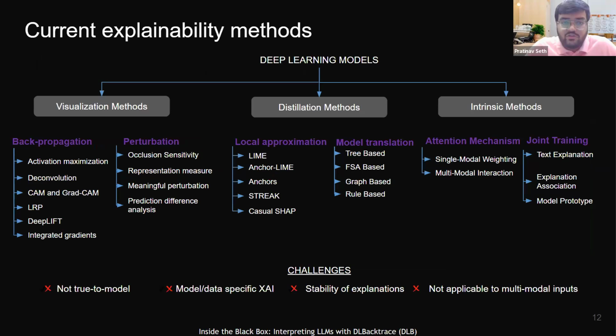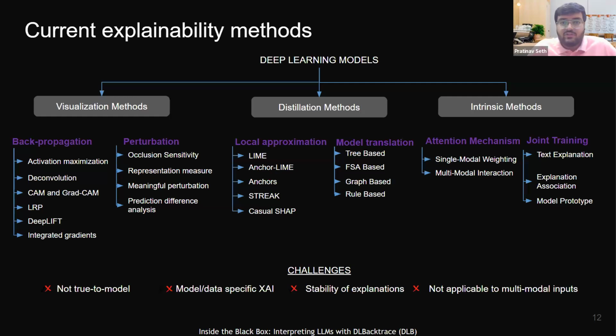You have visualization methods, and you have perturbation methods, which are quite popular in the domain, where people work around different perturbations or try to trick the model to understand how the model is working. You have approximation methods called LIME and SHAP, which are quite popular and are basically surrogate modeling. You have tree-based methods, which trace back to traditional ML. This is why people are quite hesitant, especially in high stakes tasks, let's say in finance and other domains, to move on to deep learning: with tree-based methods, you are able to understand how a decision is being made, which is explainable in itself, but this cannot be translated to deep learning models.